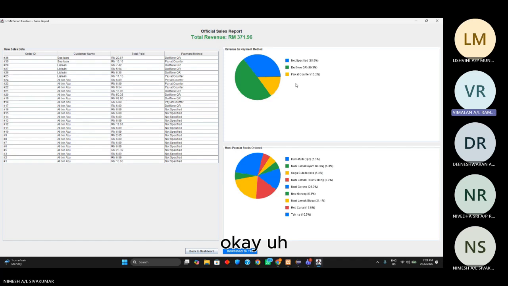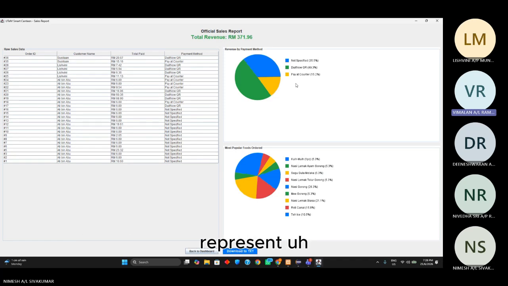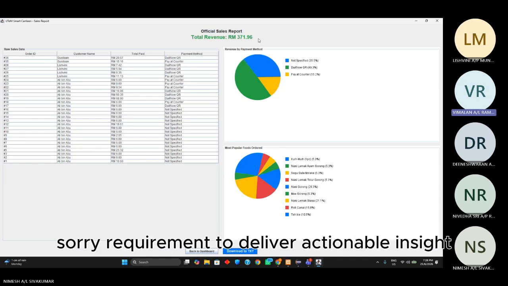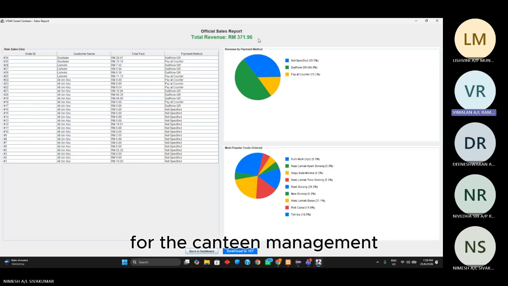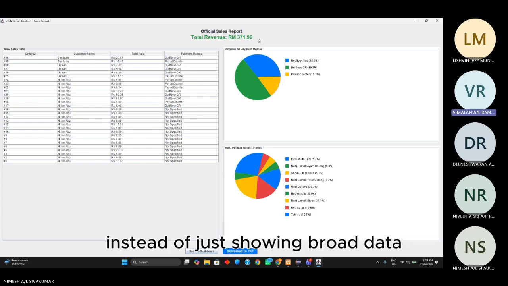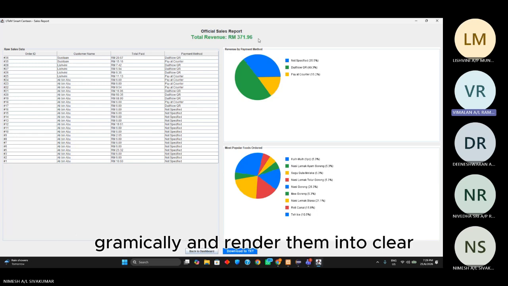Okay, the official sales report interface, which represents a core component of our advanced integration requirement. To deliver actionable insights for the canteen management, we successfully integrated a third-party graphing and data visualization library. Instead of just showing raw data, this library allows us to process sales numbers dynamically and renders them into clear,